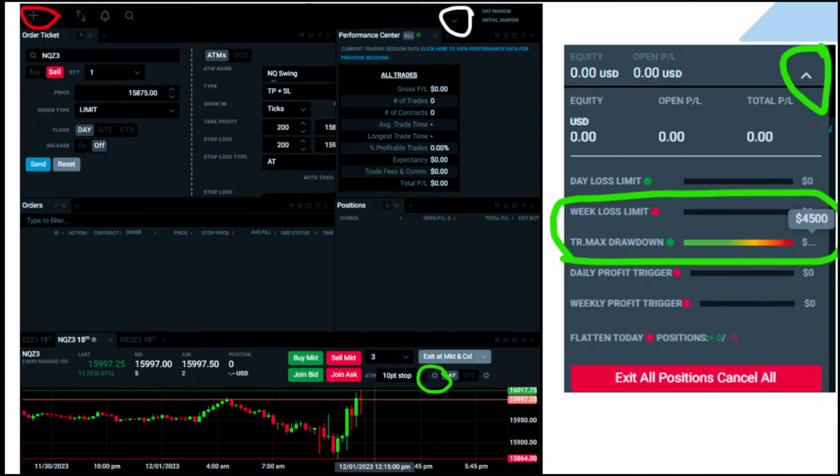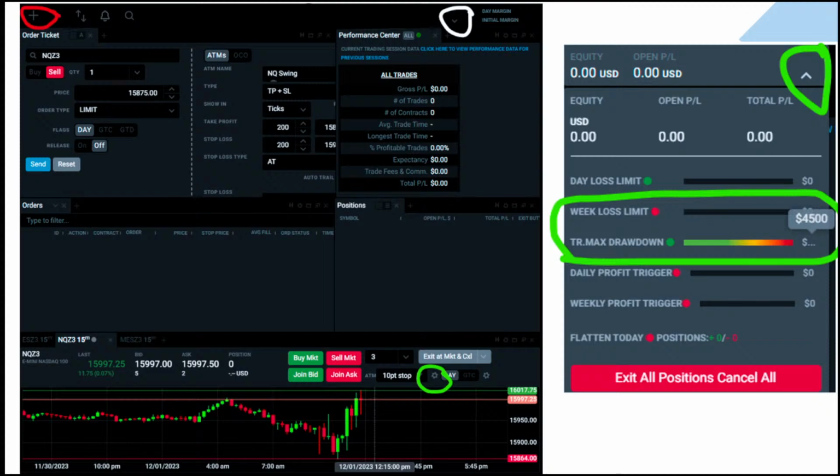But for Apex, if you're trying to figure out what your live trailing drawdown is, you can click on this, and if you go to this trailing max drawdown, this little number pops up right here. You have to hover over this dollar sign right here. That pops up and it shows you exactly what in the moment live your trail is.